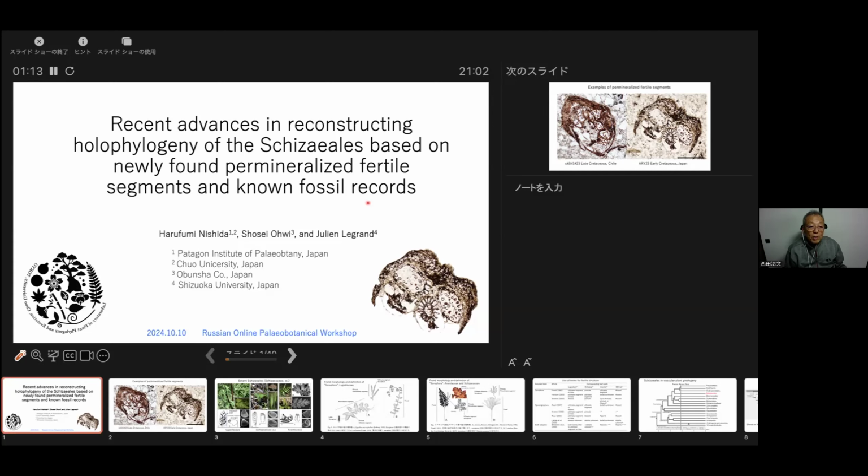And holophylogeny is a word coined by myself, so no one may know this, and someone may wonder what kind of weird word it is. But I just want to say, as I wrote in the abstract, that the fossils are very important to reconstruct